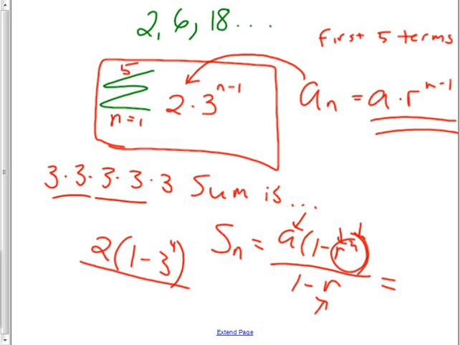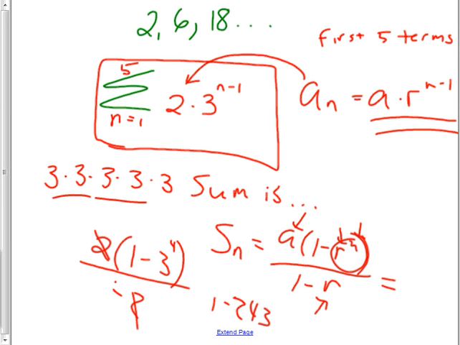So then all over 1 minus r. 1 minus r in this case is, r is 3. So it's 1 minus 3 is negative 2 on the bottom. And the 2 and the negative 2 can cancel each other out and leave a negative behind. So the answer is negative of this, which is also negative, which makes it positive. 1 minus 3 to the 4th is 1 minus, what did I say that was again? 243. So the final answer becomes